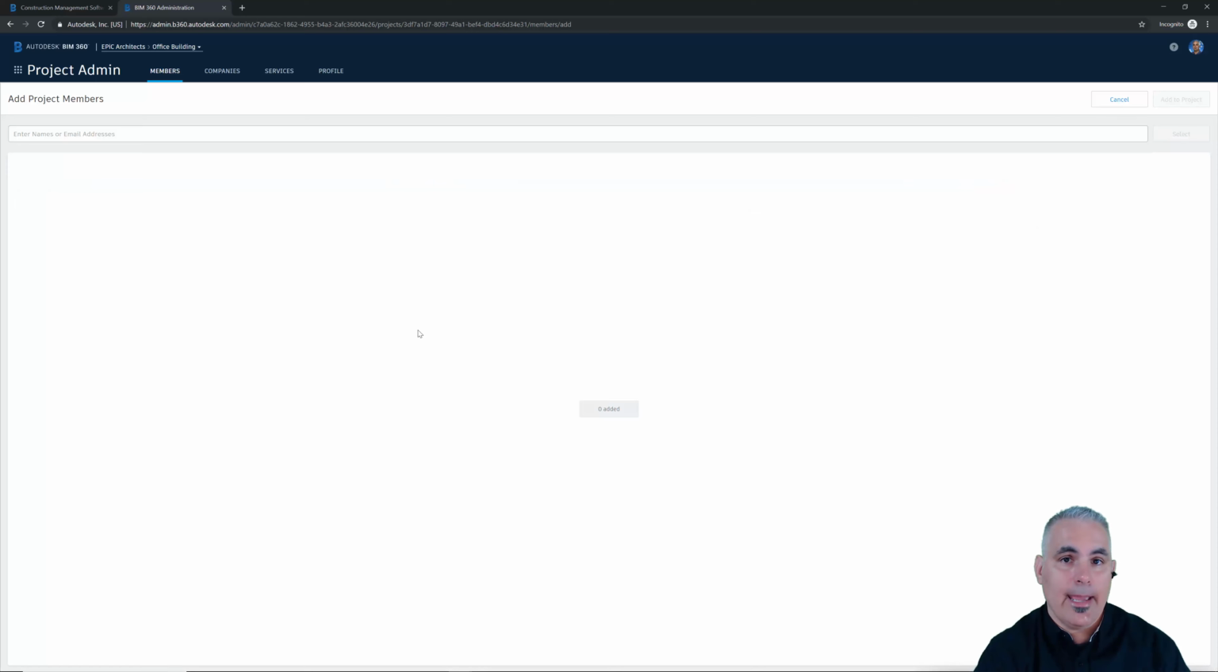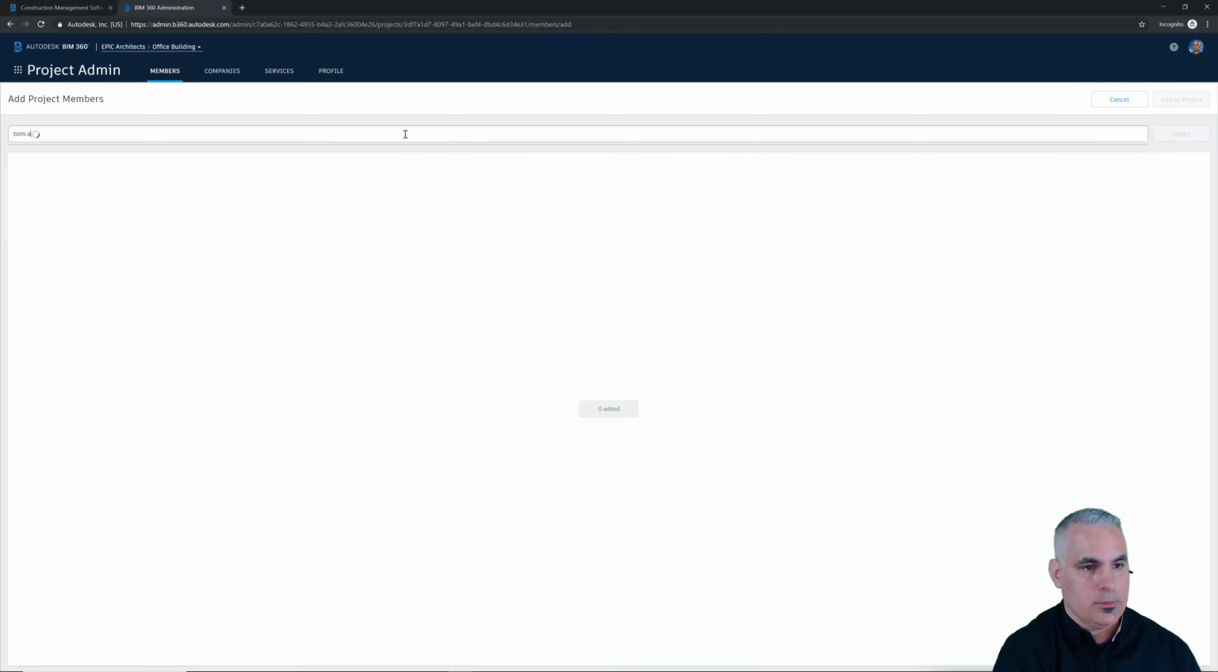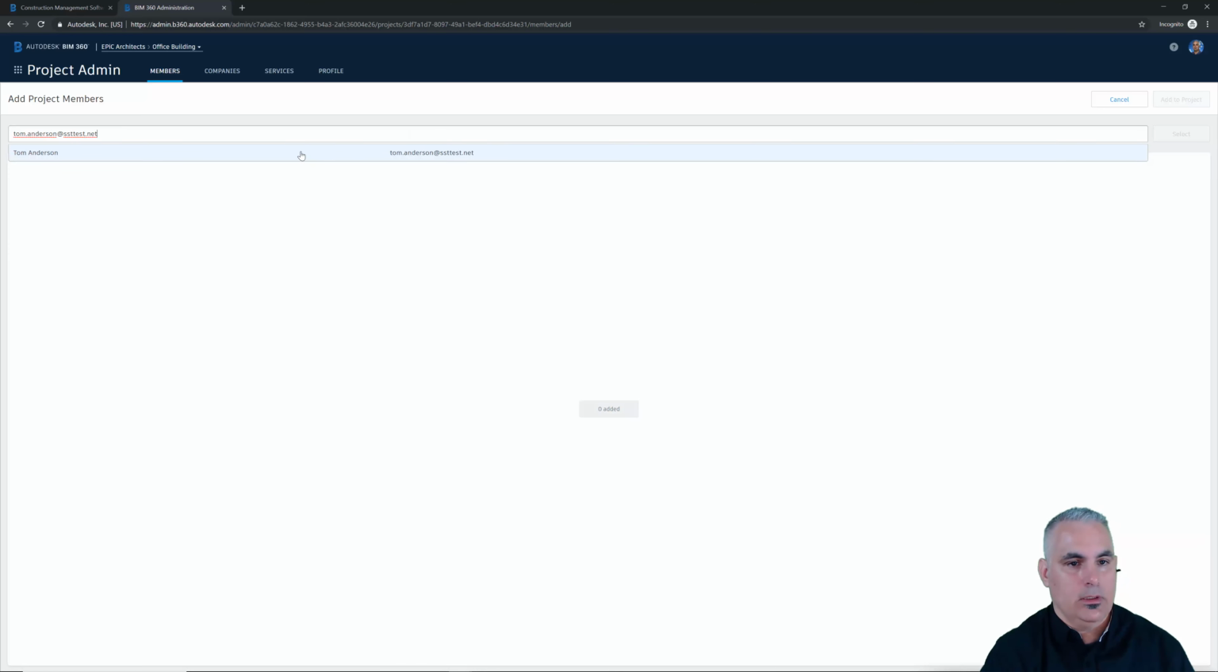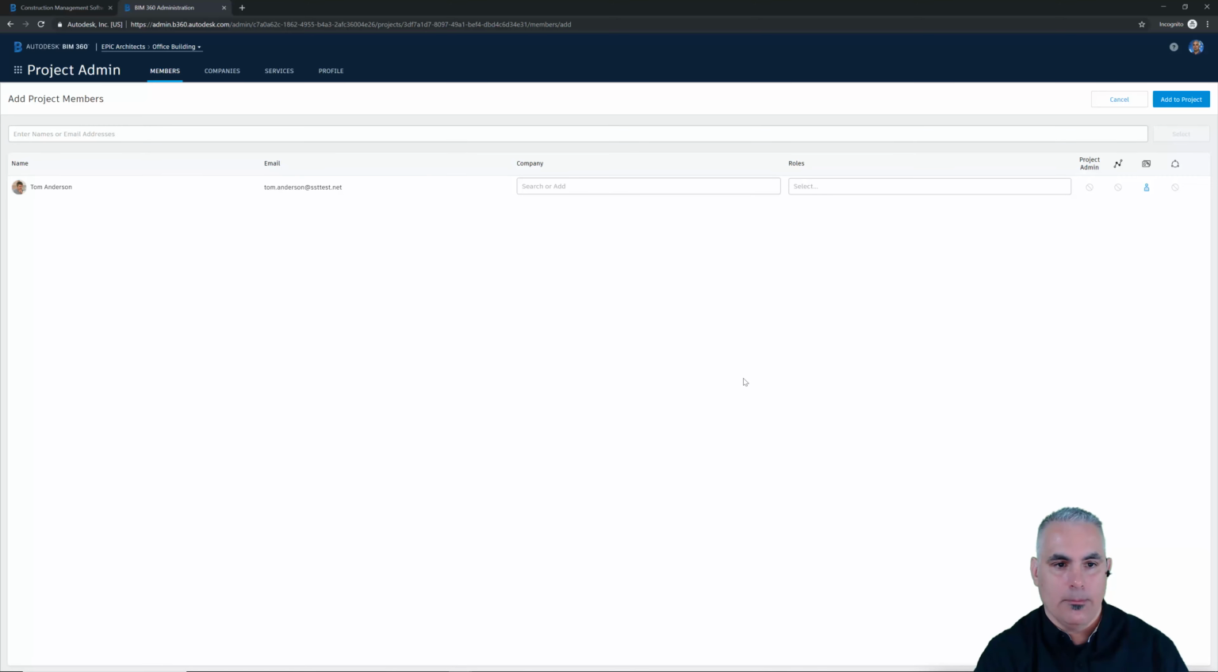The next person I want to add is Tom Anderson. So I'll start by entering Tom's email address. And notice his name pops up. That's because I've added him before. But even though Tom's email address has the same domain as mine or as Paula's, let's pretend that Tom works for a different company. So when I click select for Tom,